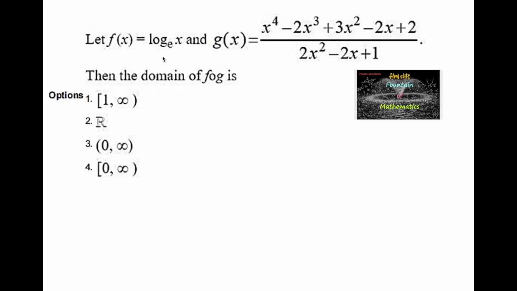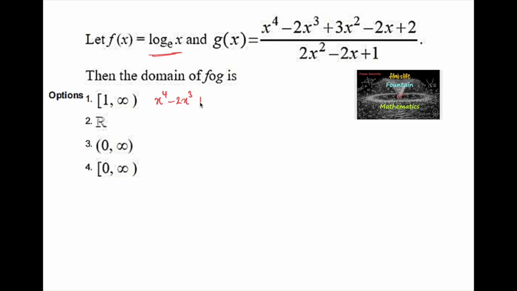Let f of x be equal to log x to the base c, and g of x a rational function. Then we need to find the domain of the function f circle g, that is, the composite function. Let us consider the numerator part of g of x, that is x power 4 minus 2x power 3,